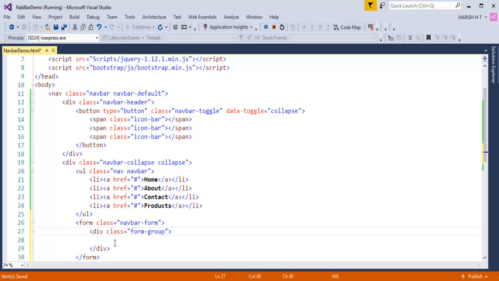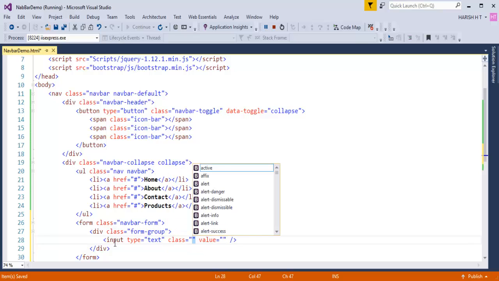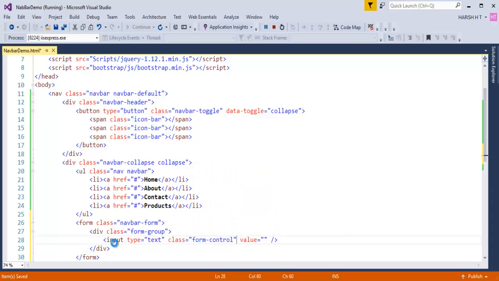Okay, inside that I need to take an input element, and the type is text, and the class, let me add a class called form control to it. We have learned these controls earlier when we learned the forms. And let me add a placeholder telling like this is of type search. Search. Okay, now once I'm done with that, I need to add one button